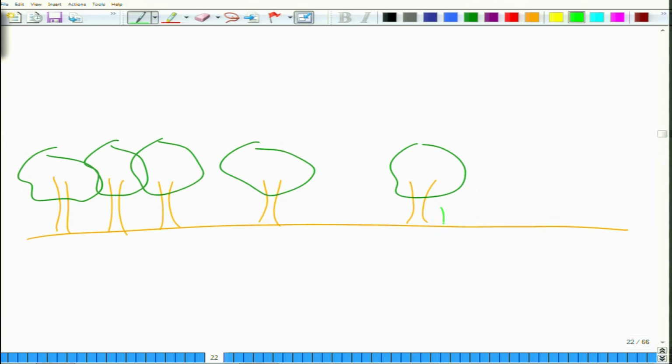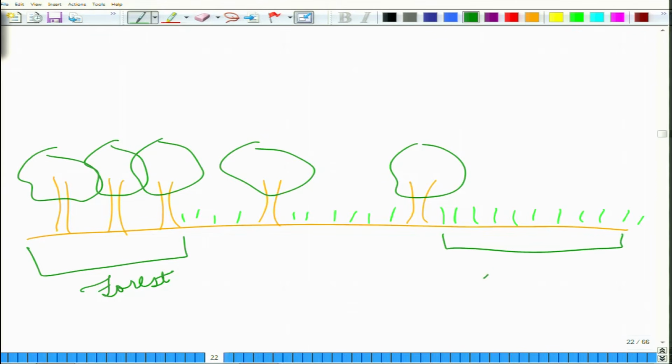And then you also have the grasslands. Now, in such a scenario, we can very clearly see that this is the forest region and this is a grassland region. So, we can say that this is a forest community on the left side and this is a grassland community